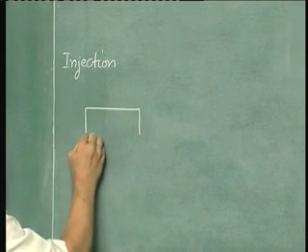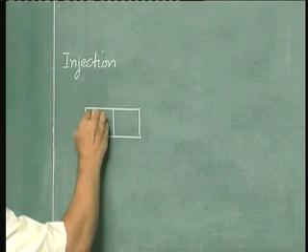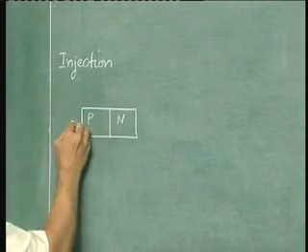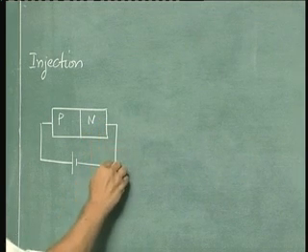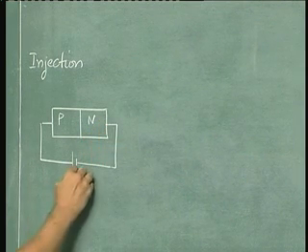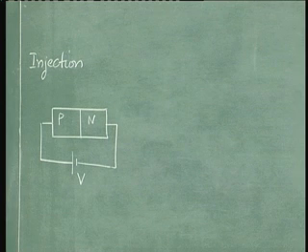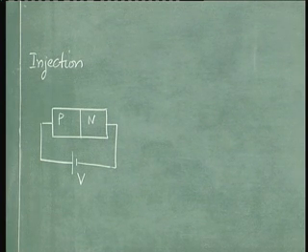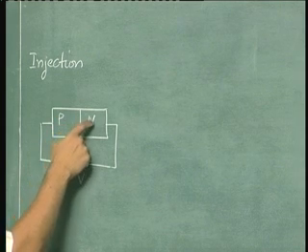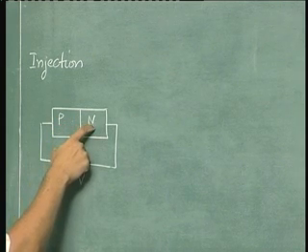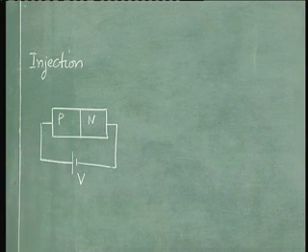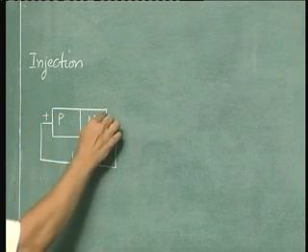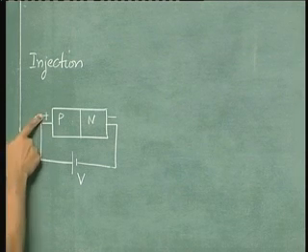Consider a p-n junction. And supposing we apply a voltage, a forward bias to this. Now in this case what happens is that the p region will inject extra holes into the n region, okay, and the n region will inject extra electrons into the p region. This is because this terminal is positive and this is negative, so this positive terminal attracts electrons,